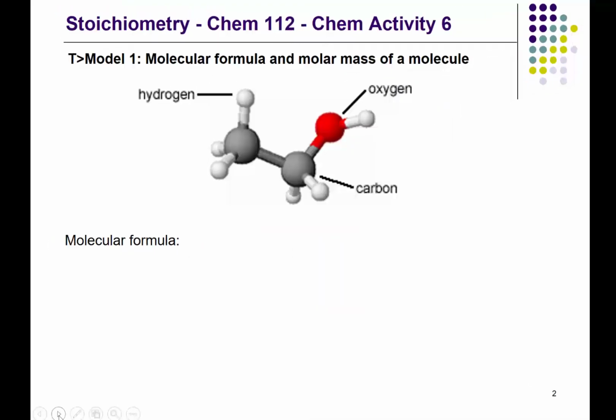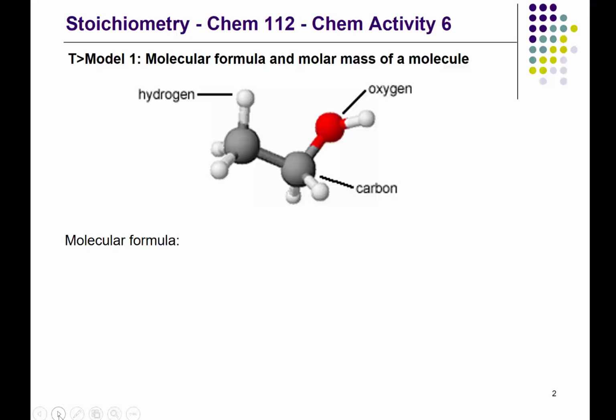We'll start by looking at what's involved in calculating the molar mass for a molecule. In the chem activity 5, we saw that the molar mass is the mass, of course, of 1 mole of particles, and in particular we were looking at elements. When we turn our attention to a molecule or a compound, it's simply understanding that a molecule or compound consists of more than 1 atom, and therefore we need to consider the mass of all the atoms that make up